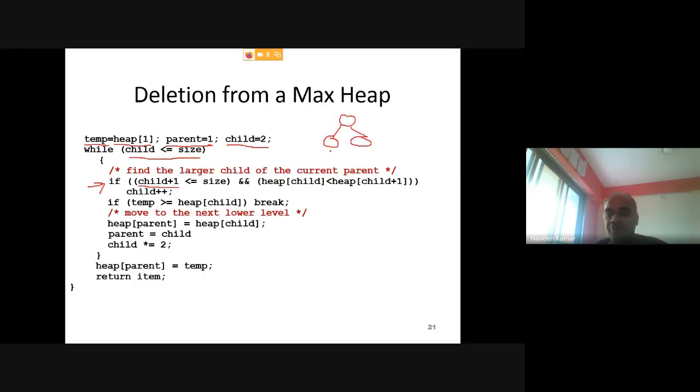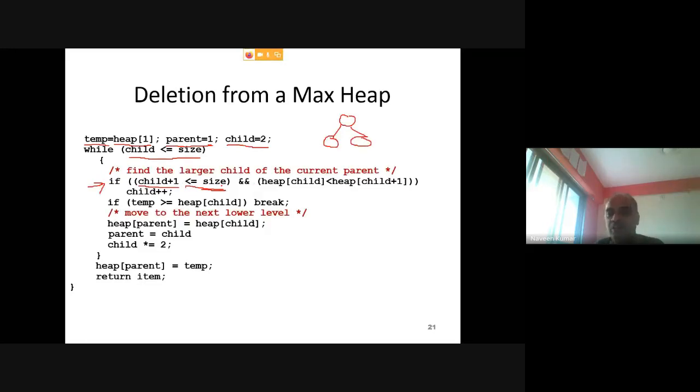Child is your left child, and the right child will be child plus 1. So child plus 1 less than or equal to size verifies whether the right child exists or not. If it is less than or equal to size, it is a valid position in the max heap and can be used in comparison. Otherwise, if there is no right child, there is no meaning in comparing it.